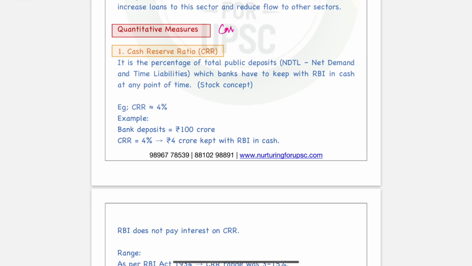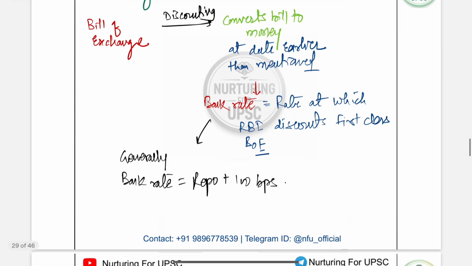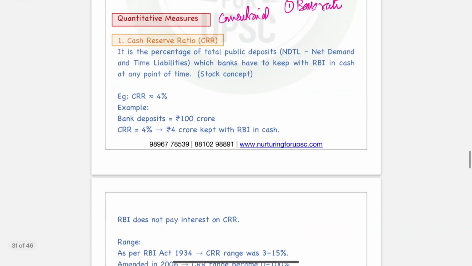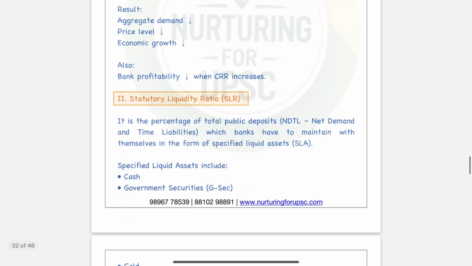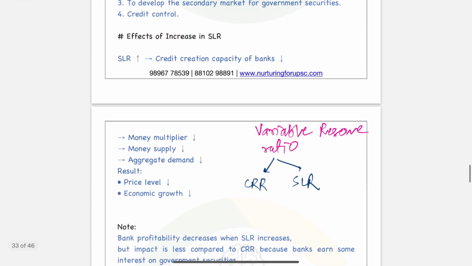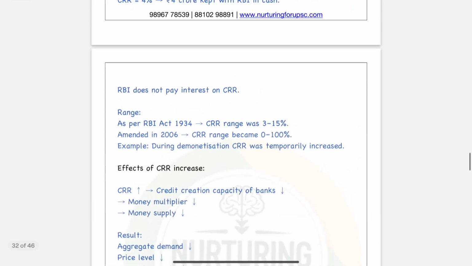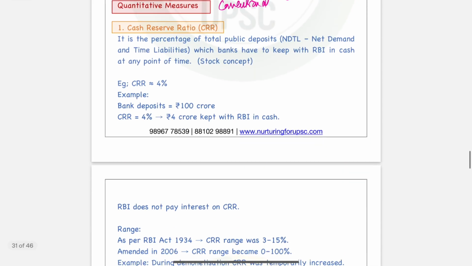लेट्स स्टार्ट विद द क्वांटिटेटिव मेजर्स एंड लेट्स स्टार्ट विद द व्हाट यू कैन से द कन्वेंशनल मेजर्स। कन्वेंशनल में हम लोगों ने सबसे पहले तो बैंक रेट तो हमने देख लिया कि कैसे बैंक रेट से होता है, ये यहाँ पे मैं वो डिस्कस कर चुका हूँ कि बिल्स ऑफ एक्सचेंज जब डिस्काउंटिंग होती है तो उस हिसाब से अगर लोअर डिस्काउंटिंग रेट है तो फिर हायर मनी सप्लाई रहेगा, अगर हायर बैंक रेट है, हायर रेट ऑफ डिस्काउंट है तो फिर कम मनी सप्लाई रहेगा। तो उसी में देयर इज समथिंग कॉल्ड एज the CRR and SLRs, which are often called as variable reserve ratios। तो उसमें one is CRR which is also called as like the cash reserve ratio।